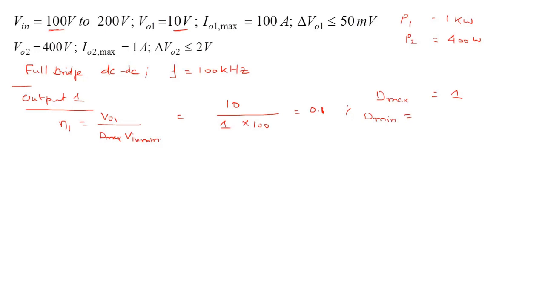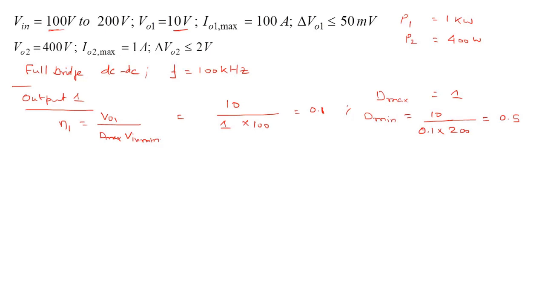But we can use the formula that is given in the notes. That would be the output required, 10 volts, divided by the turns ratio 0.1 times the D minimum, so it happens at the Vn max, which is 200 volts. So 10/20, that's 0.5. So that's the transformer turns ratio. I will come back and design the winding RMS currents later after we are done with the L and C